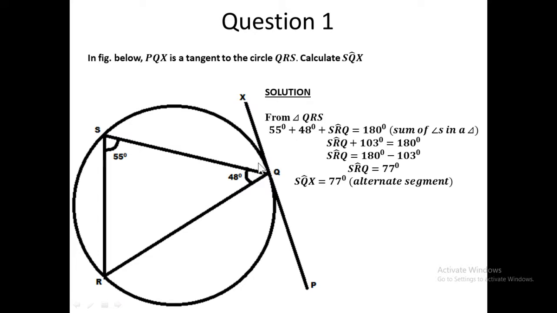You can see that since SQ is a chord, and it's touching this tangent, that means an angle is formed here, and that angle will have a relationship with this angle that is here. This angle and this angle have a relationship because this chord